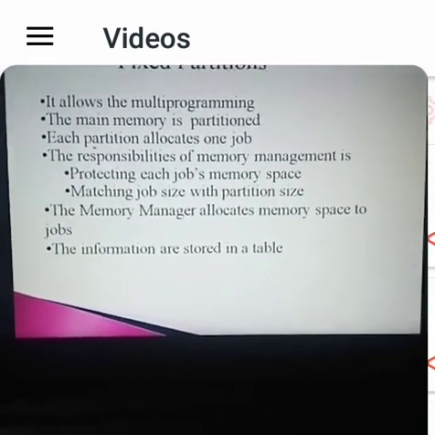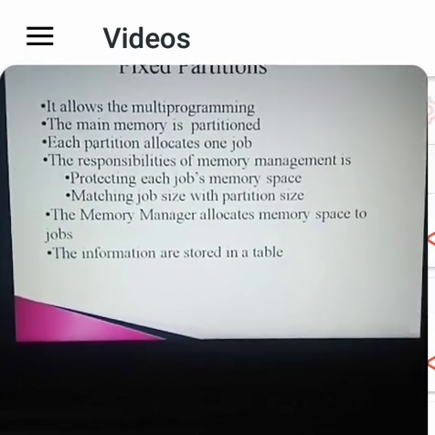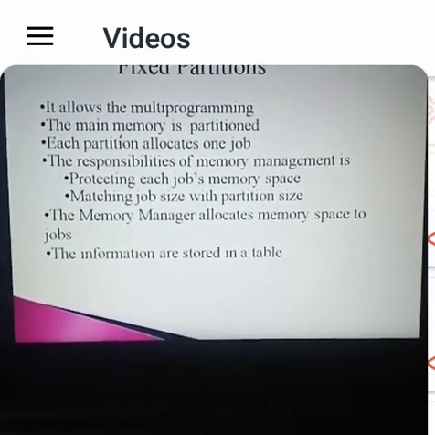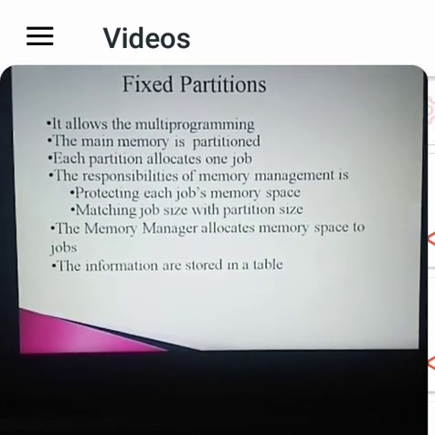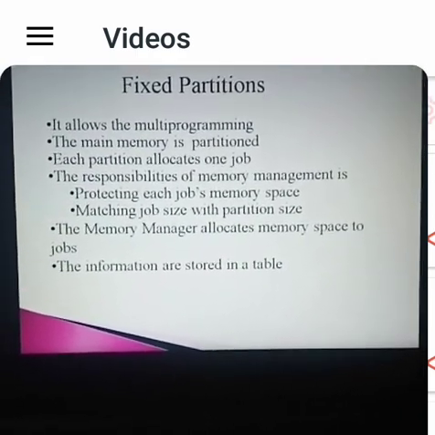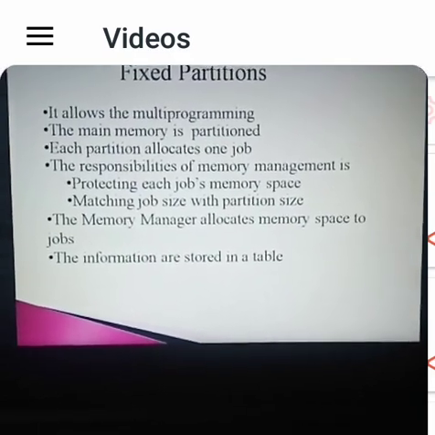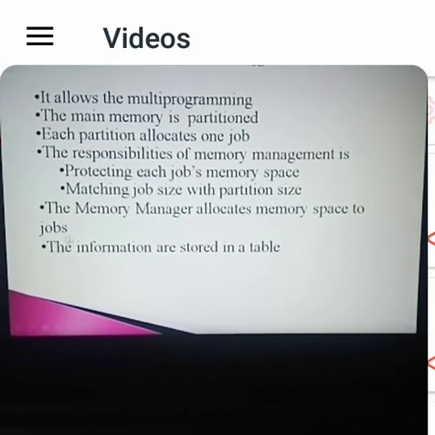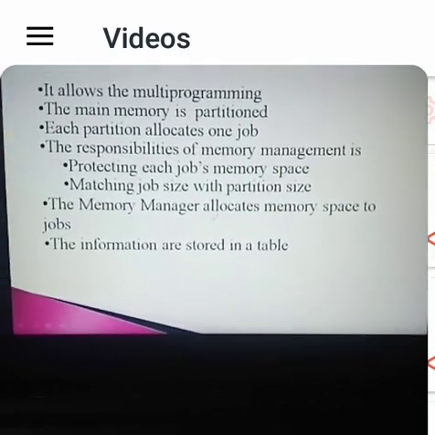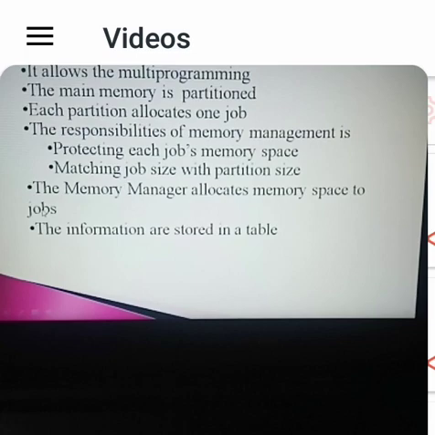The size should not be too small for the job or too large. It should be an appropriate partition size. The memory manager allocates the memory space to their jobs.